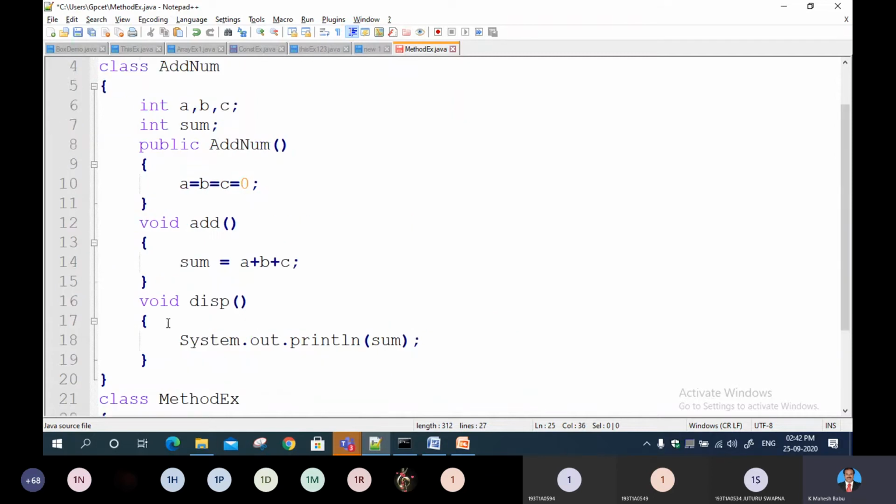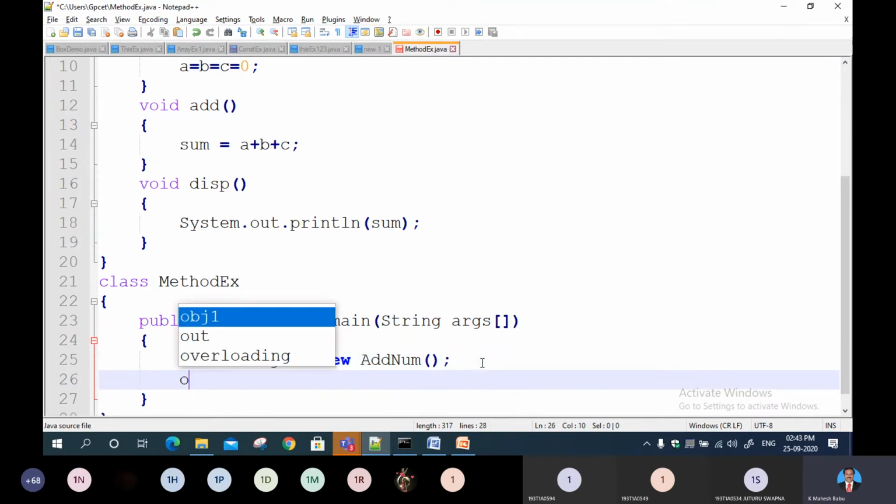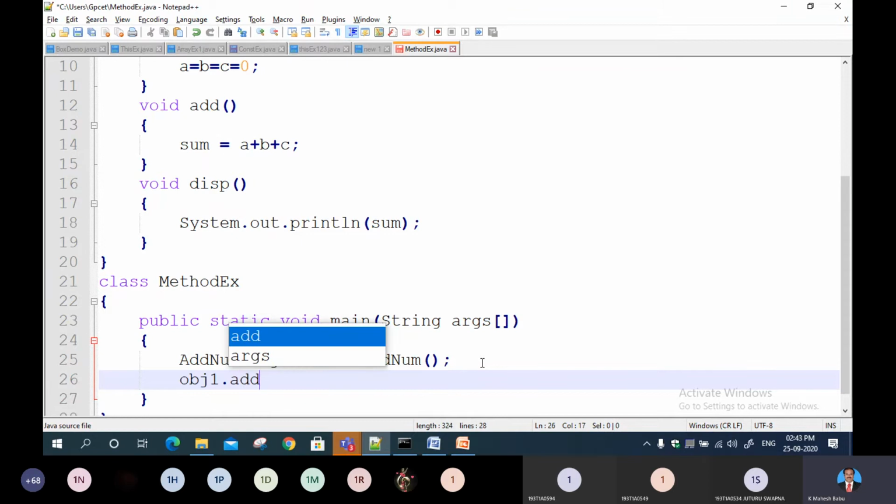So here I am going to invoke this default constructor and I make use of this, right? And obj1.add method.